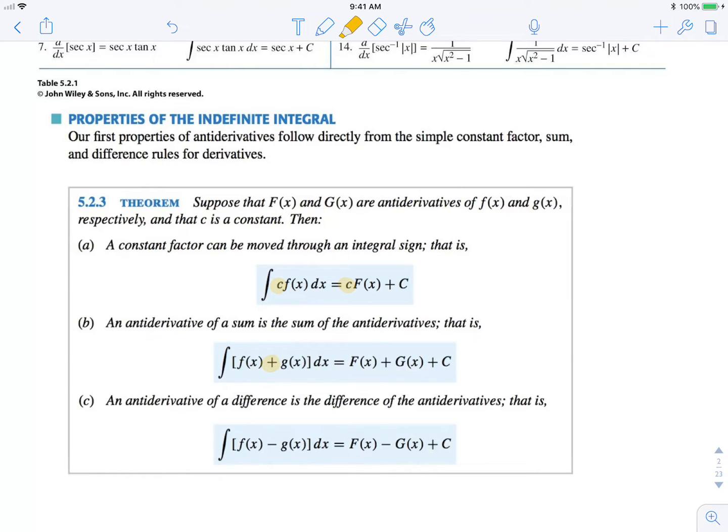If you have the sum of two functions, it's the sum of their antiderivatives plus c. And if you have the indefinite integral of a difference, it's the